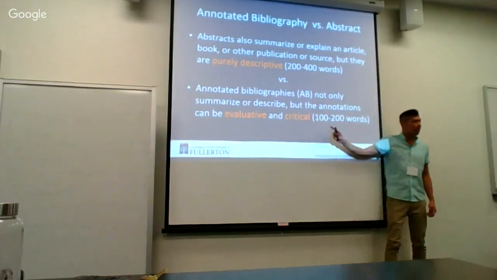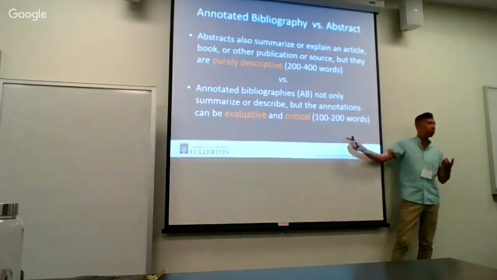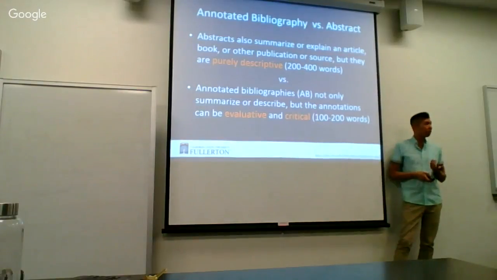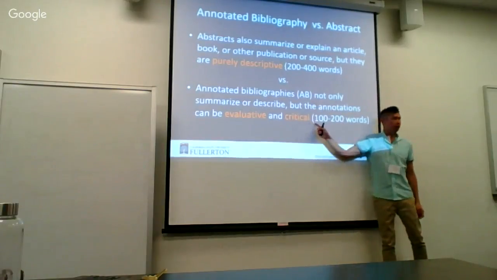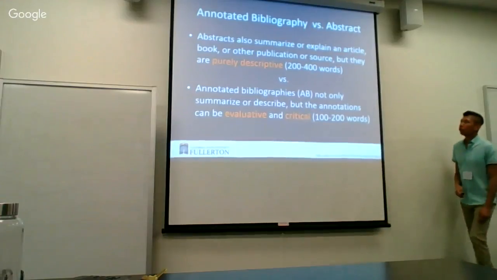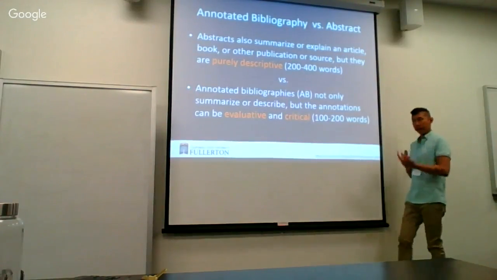thing and then some in half the amount of space, half the amount of words, right? So learning how to be concise in your writing. Because you're not only doing the same thing here, but giving your own critique of that and your own evaluation of that. So define what an AB is, how to differentiate what an AB is from an abstract, which we're all familiar